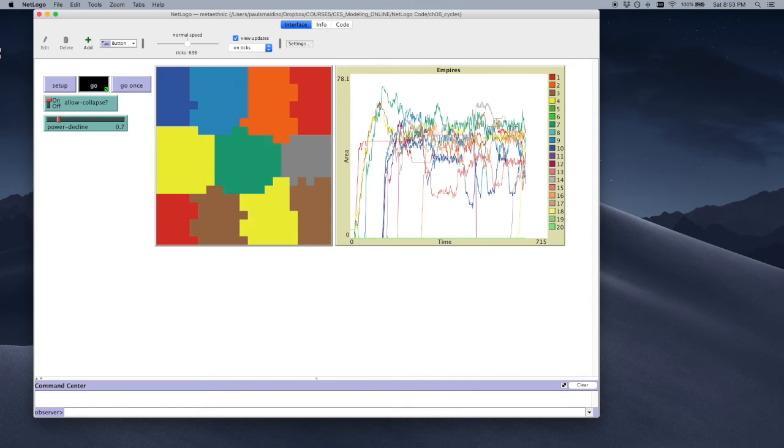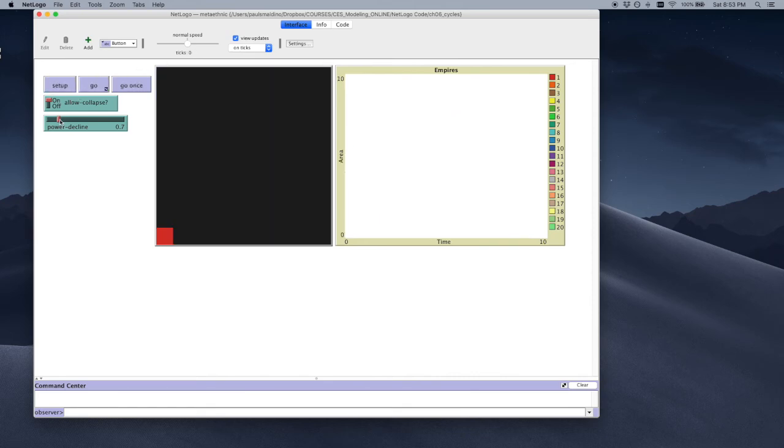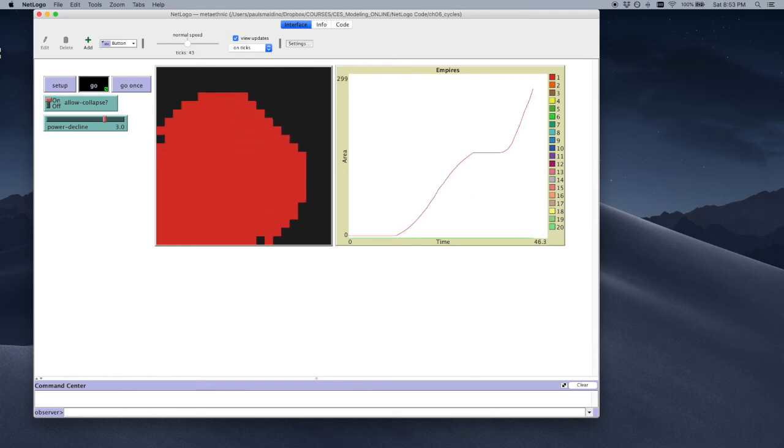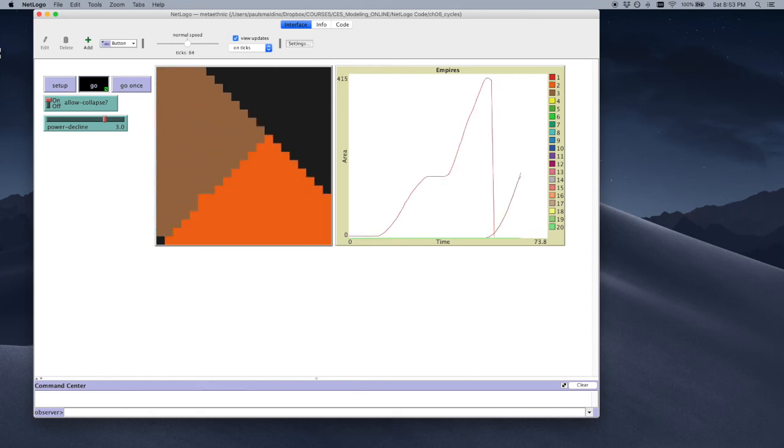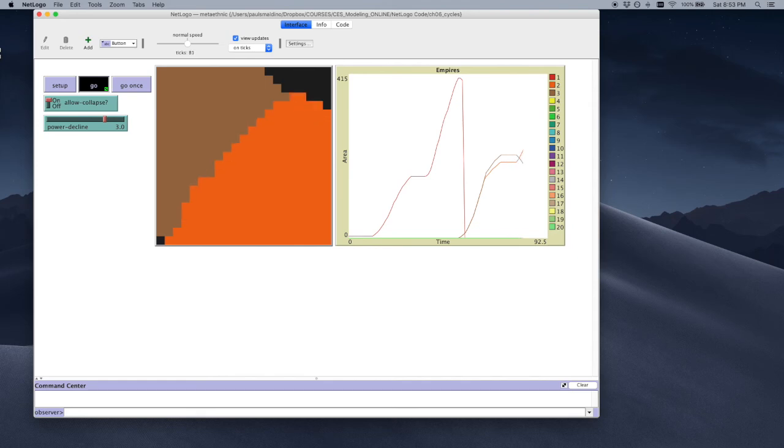And let's go the opposite direction now and see what happens when we make travel and communication much more efficient. Now, empires can grow quite large, but as they grow to equilibrium, they become really unstable, and we get very rapid change over time.